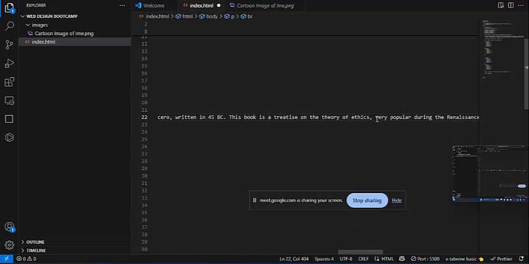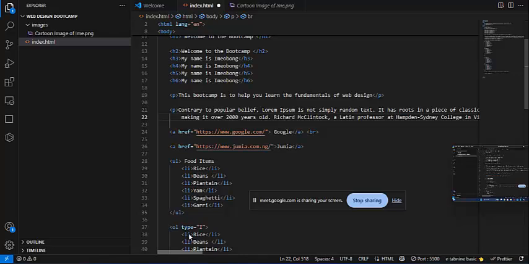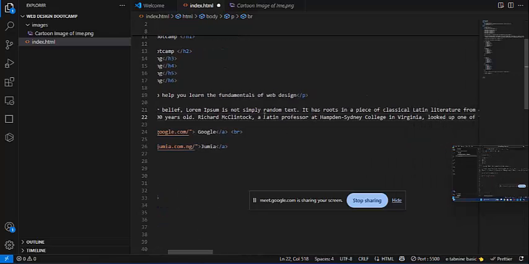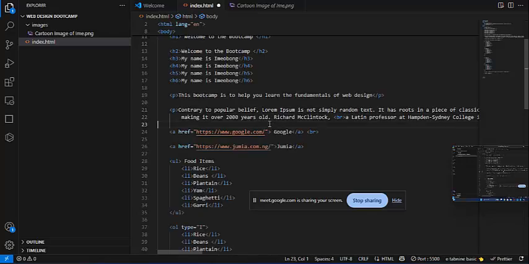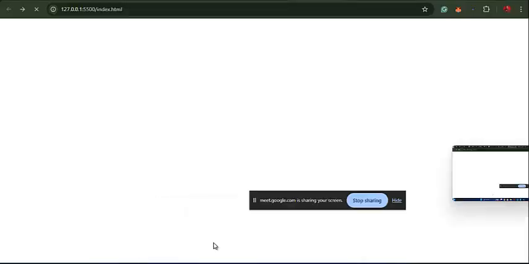So I'll put in the break lines, right? Let me add more break lines somewhere else. Let me add it here. Break. So I'll save that, and I'll come to my browser,